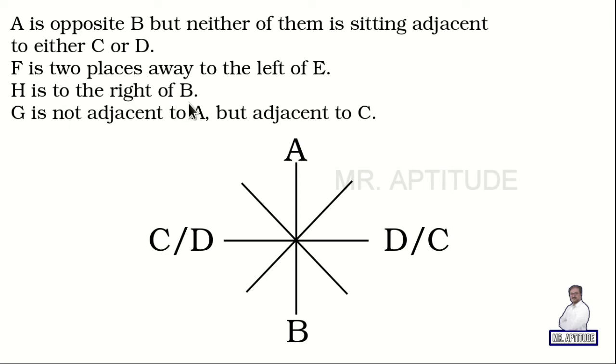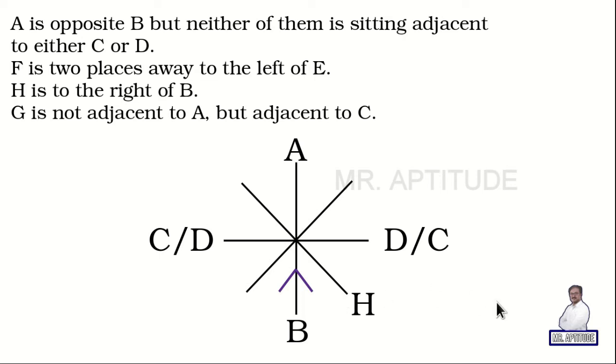As H is to the right of B, as we know the place of B, and B is facing towards the center of the table, now assume yourself sitting at this position and assume that you are facing towards the center of the table. When you are facing in this direction, what will be your right now? This is your right. As H is to the right of B, it means that H is to the immediate right of B, as we discussed earlier, and this is a circle. So this person should be H now. So we are done with the second condition.